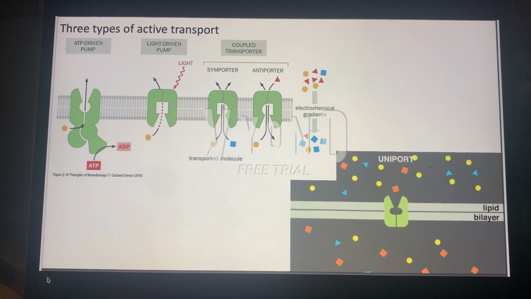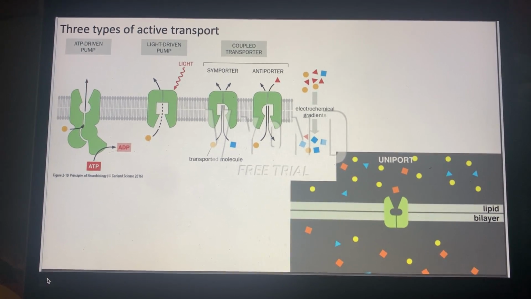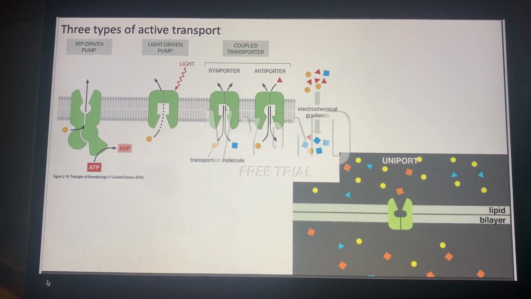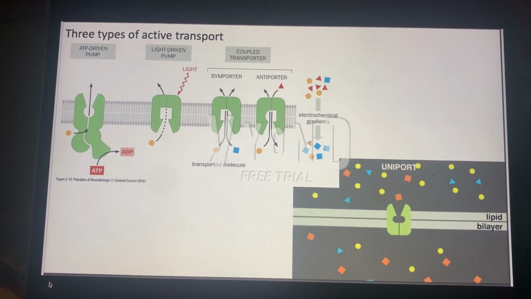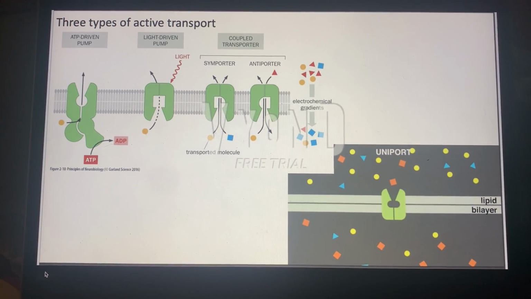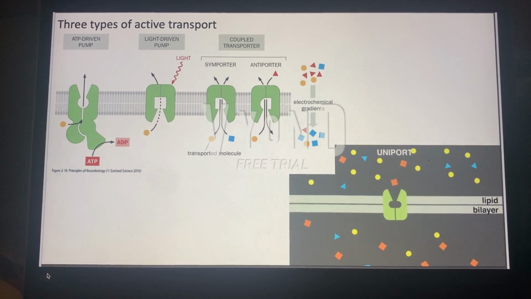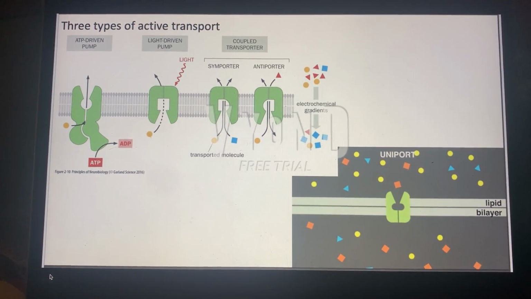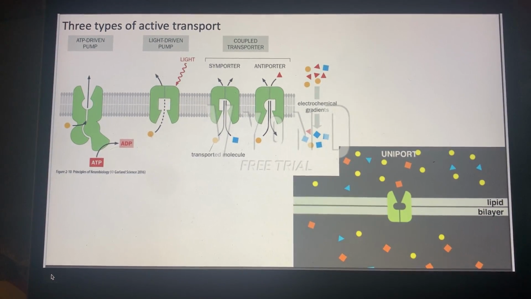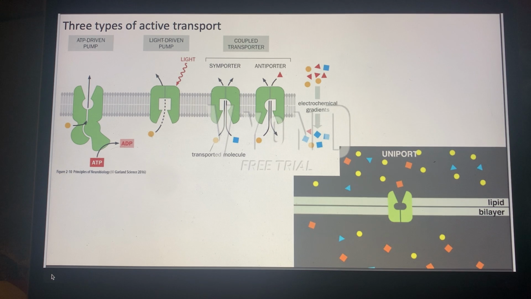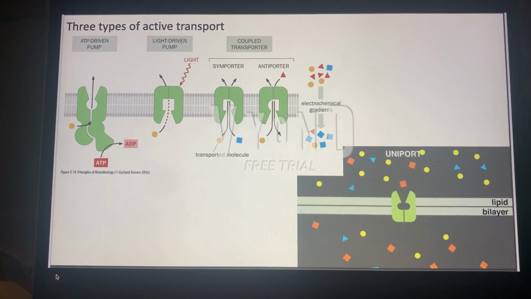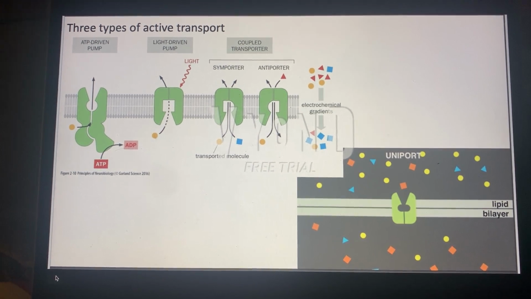Now, if we look at the example of the light-driven pump, we see that the light also acts as energy, and this energy can cause conformational changes, and that can also lead to molecules influxing or effluxing out of the cell. Now, lastly, if we look at the coupled transporter examples, we can see that there's the symporter and the antiporter. Now, the symporter is when 2 molecules, or more than that, are able to move either outside of the cell or inside the cell, but both are moving together in